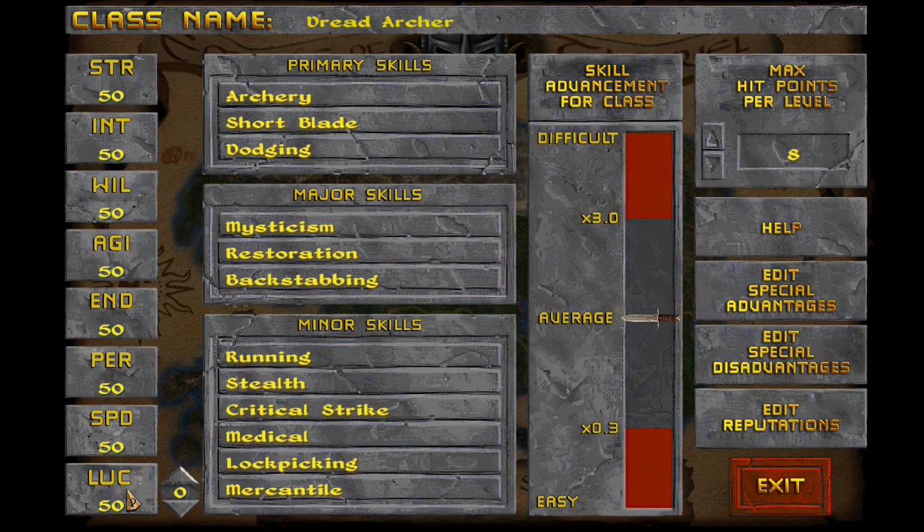What I'm going to do is decrease my luck down to 35, basically going after 30 extra points to spend. And my personality also down to 35. And I have 30 points to play with. I'm just going to drop 20 into agility, bringing me up to 70, and speed up to 60. Both of these are pretty important